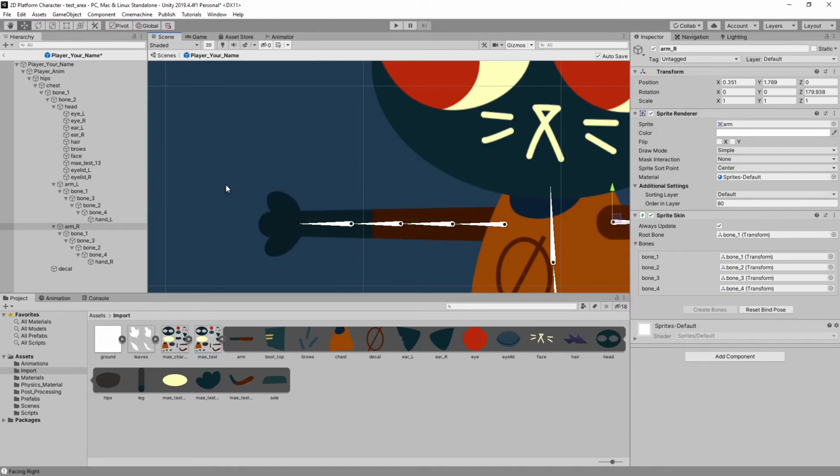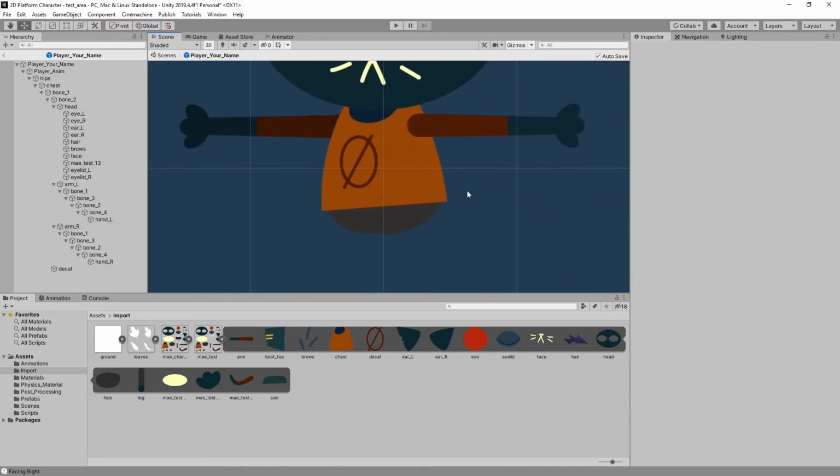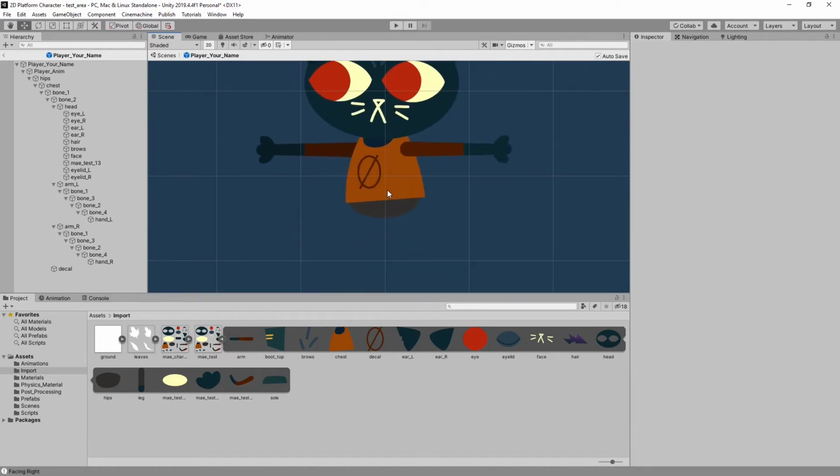Visible if you look close. That's fine. And let's go ahead and set up the legs, and then we're just about done except for adjusting